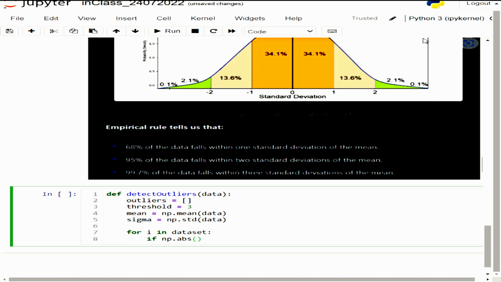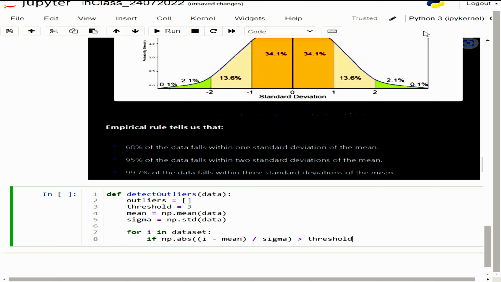If it is greater than the threshold, you can do that. So absolute value of, let me write it this way: i is my variable, i minus the mean value, that is the mu value, divided by the sigma. If this is greater than 3,